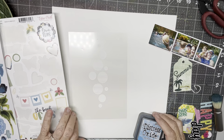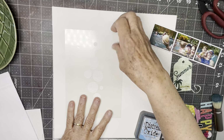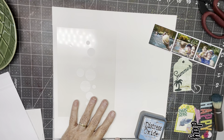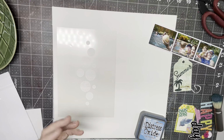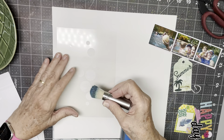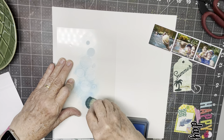So I'm going to start by using a stencil. It's a pool photo, so I'm doing, and by the way, this is also going to count as my Monday Scrap Backwards page because everything I'm using is from my Scrap Backwards kit, including from the June and July Mind the Scrap kits, because that's what I roll into my Scrap Backwards kit for these 6 months. So I'm just going to make some bubbles, and I'm kind of